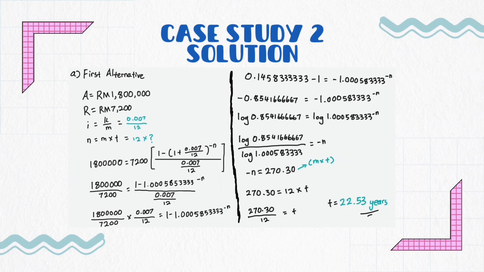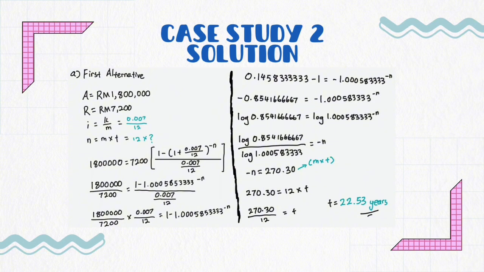And now to calculate the negative n, we need to add log to each equation. And the next step is you need to divide both of the log equations, and you eventually will get the answer for power of negative n, and the answer will be 270.30. And it doesn't stop there because that equation is m times t, and we already found n and also m,